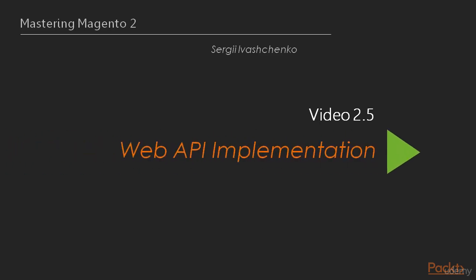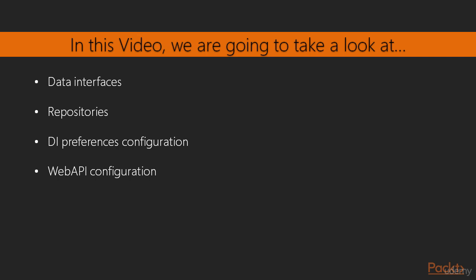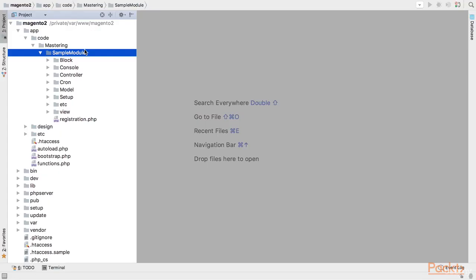Hello and welcome to Web API implementation lesson. In this video we are going to take a look at data interfaces, repositories, dependency injection preferences configuration, and Web API configuration. The first thing you have to do when you are going to create Web API for Magento 2